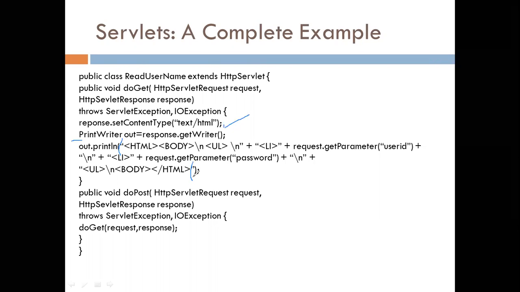So in this particular example, an entire HTML code has been written. So HTML body, then UL stands for unordered list, which means a bullet. So a bullet in HTML just like this, so it is an unordered list. LI means list element tag. request.getParameter(userID), so the user ID will be printed in the response. For example, if the user ID is a USN, so we'll get 4JN. So plus this concatenation. So request.getParameter of userID, which means the user ID will be placed over here inside the li tag. Then new line